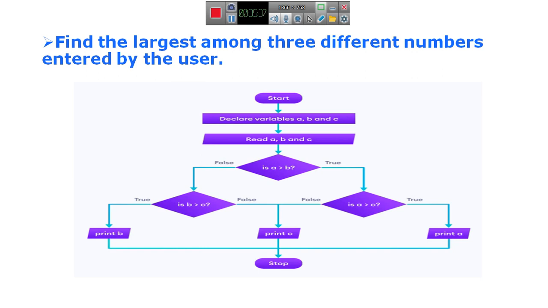Here we have to draw this step, that is, "is" or "if". You can use "is" or "if", in a simple, understandable manner. Here we are checking a condition, that is, A greater than B.